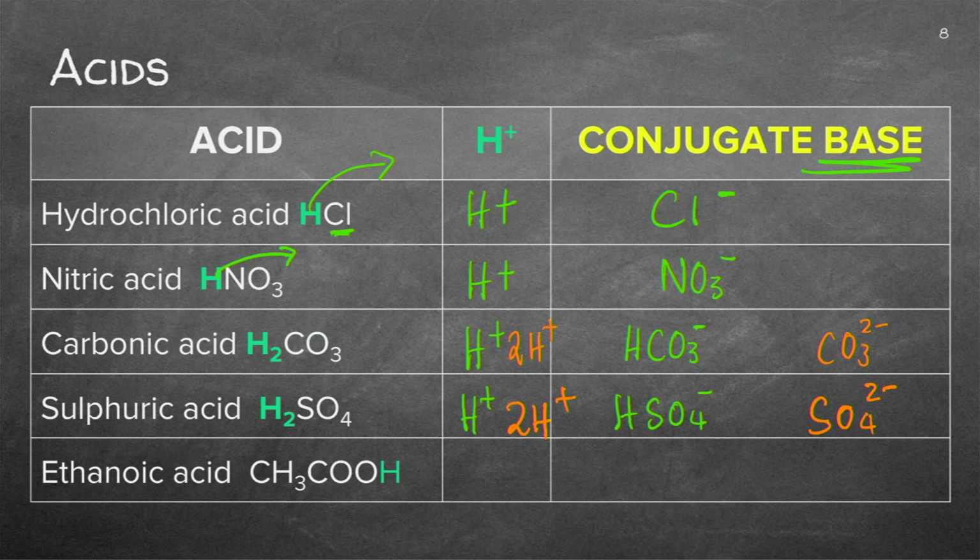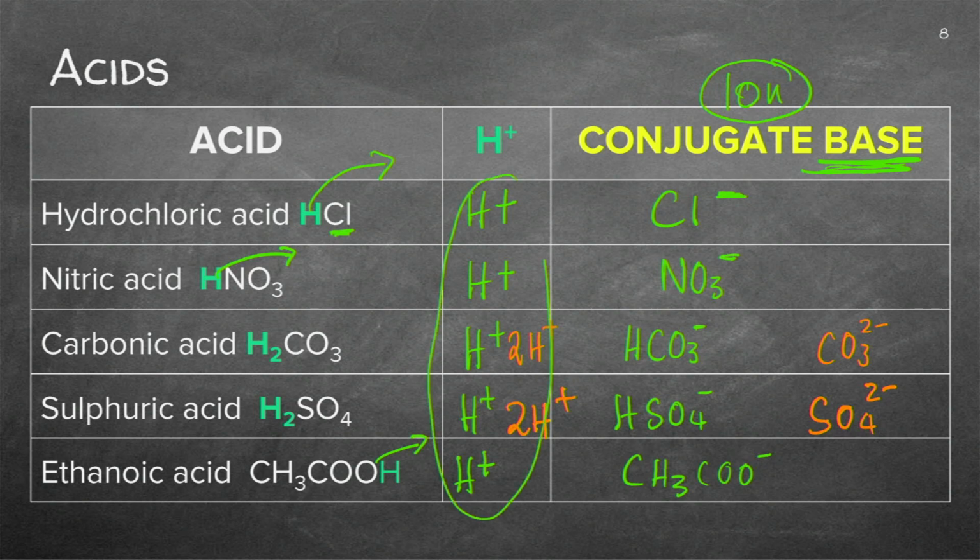And then finally, we've got our ethanoic acid. It will donate the H+, the acid, and the conjugate base will be the acetate ion. So this is an ion, remember, and in the case of a base, it will always be negative because I've got the positive hydronium that forms, or the proton that's being donated.